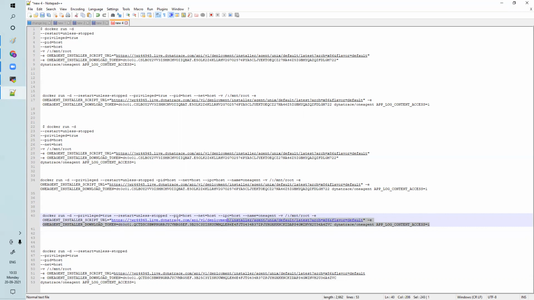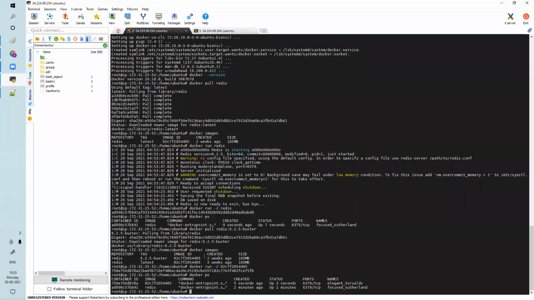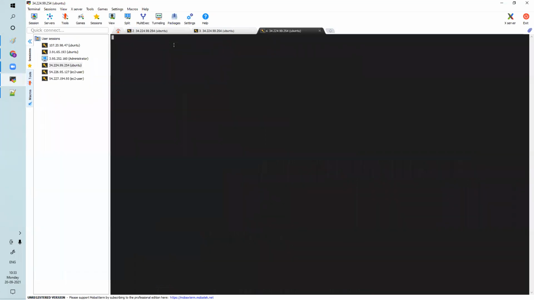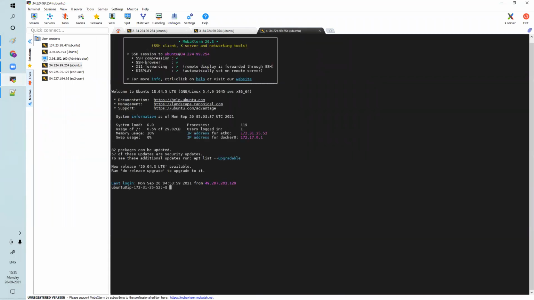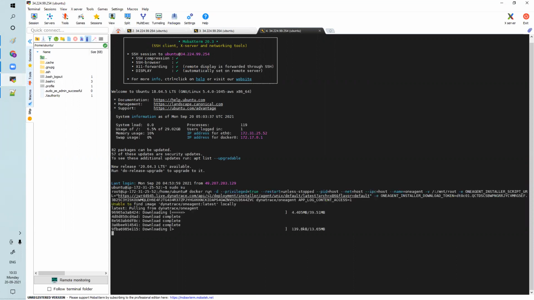Now let's copy this one. If there is any space, it will not work. Now clear it. Now it is getting pulled right. Pull from Dynatrace one agent is done.